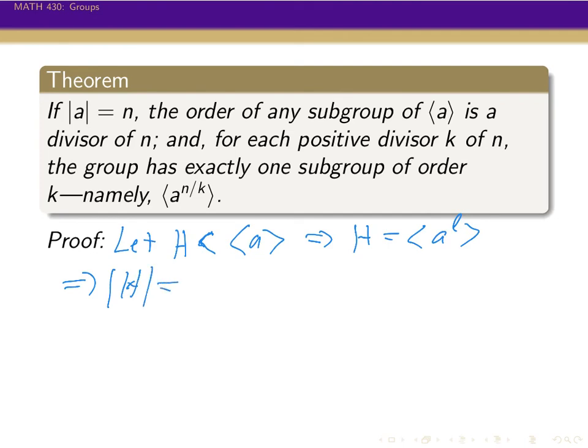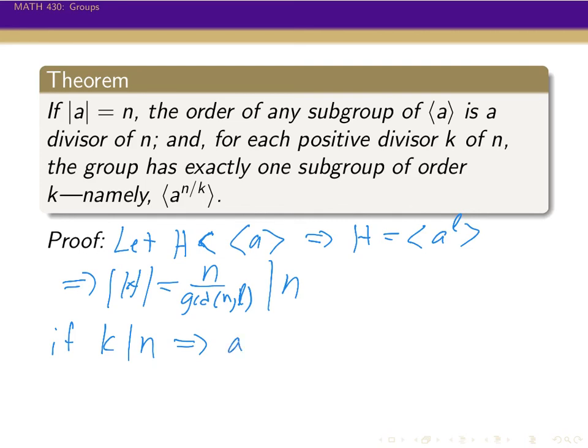Well, it's going to be n divided by the GCD of n and L, which divides n. Okay, so that tells us that any subgroup's order divides the order of A. And then on the other side, if we take each positive divisor k of n, so if k divides n, then